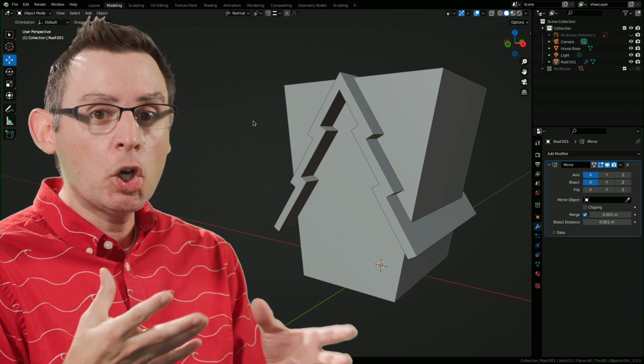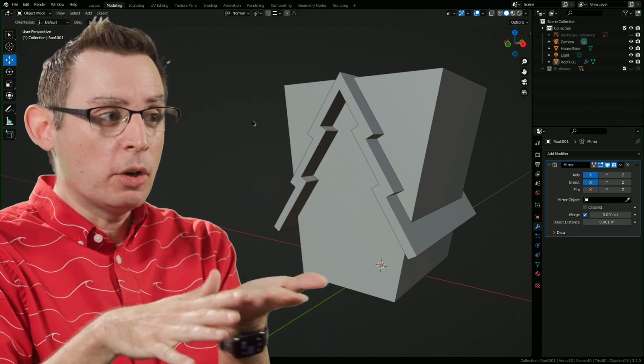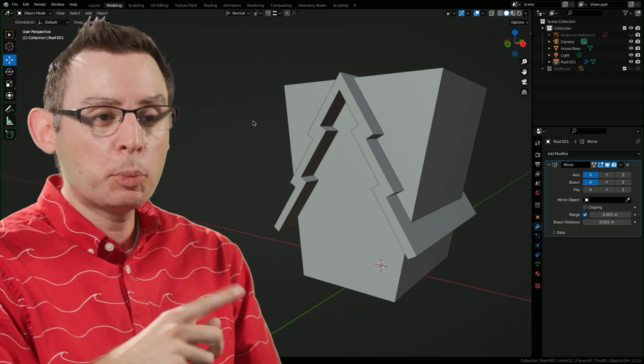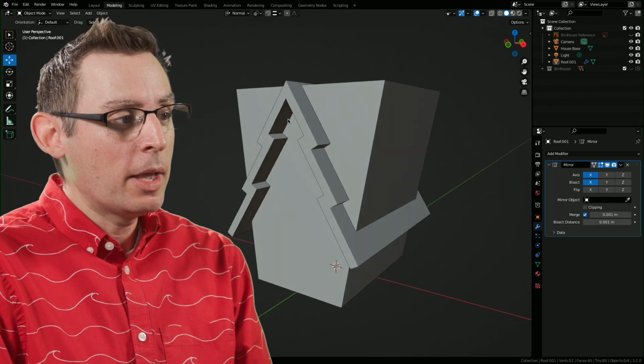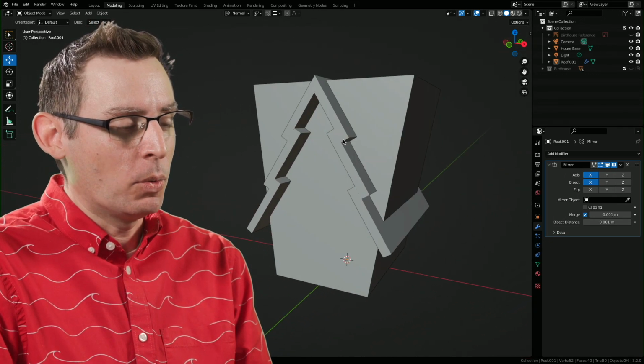Think of these like cookie cutters. The base of our house is like a gigantic roll of cookie dough, and we're going to take the pattern of our roof and stamp out a shape from it. It's pretty cool. It's pretty easy to make as well. So let's go ahead and get into it a little bit and see how this is going to work.